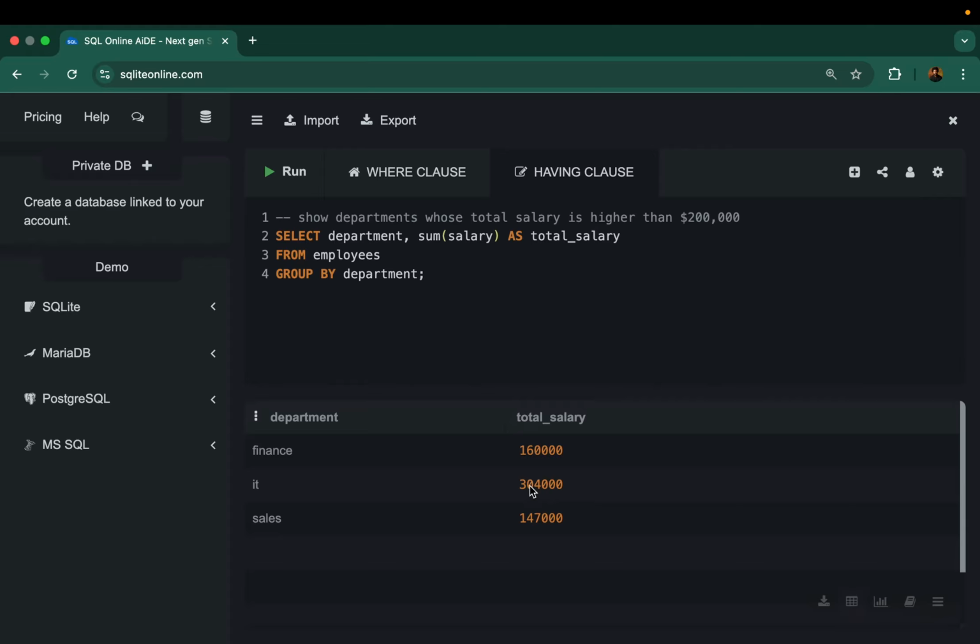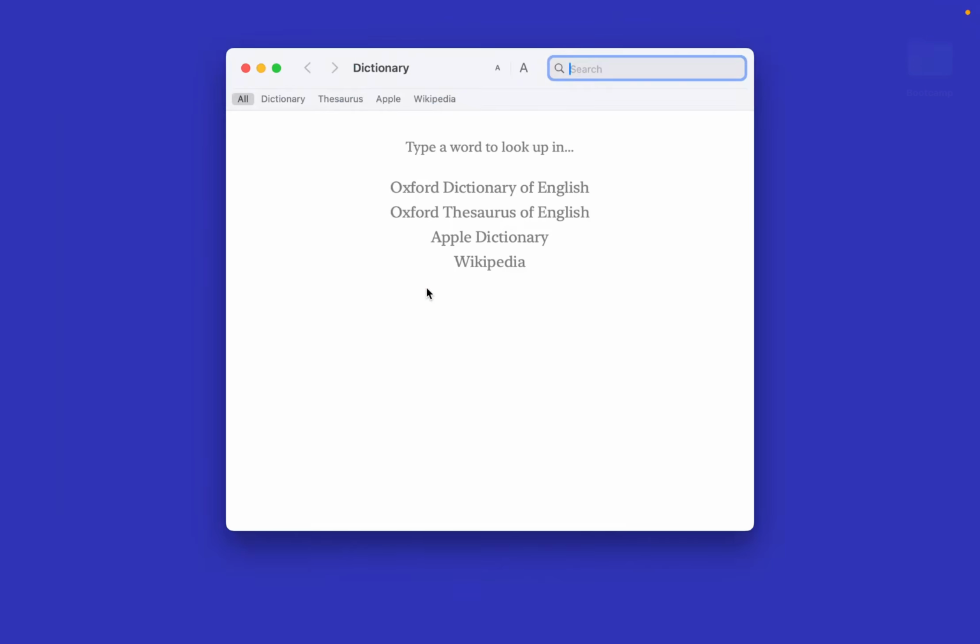than 200,000. But if we wanted to write this in SQL, we cannot use where here because, for instance, we can't say where total salary greater than 200,000, right? Because the where clause does not come after the group by clause. The where clause comes before the group by clause. There is a hierarchy, there is an order with which you write your SQL queries. So if we then decide to take